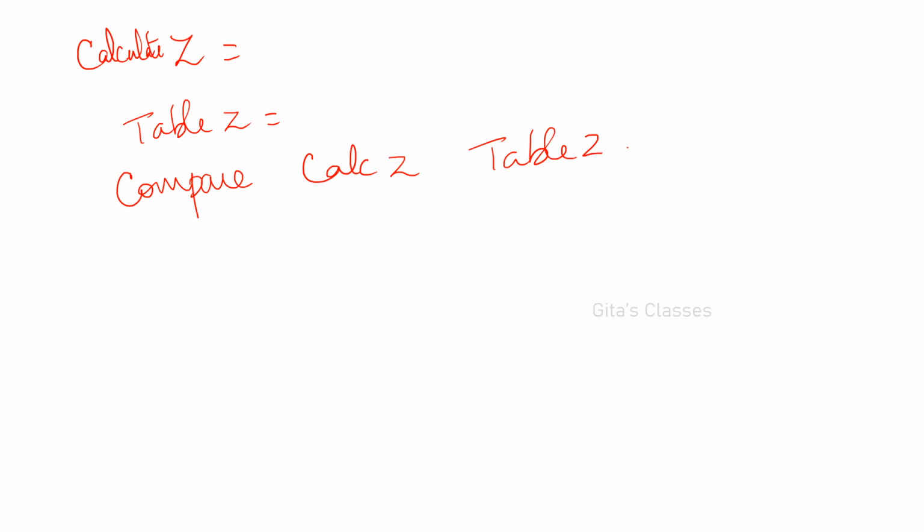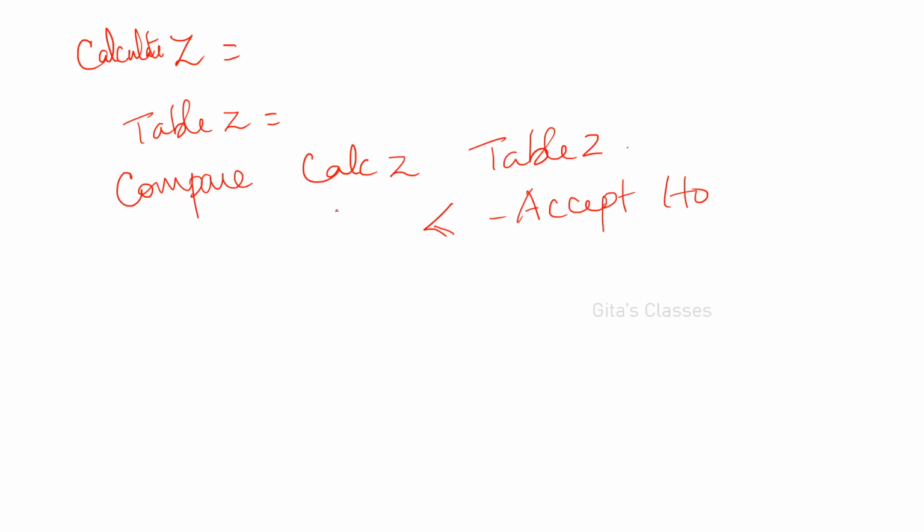But for calculation, for comparison purpose, we are considering only the absolute value, even if you take negative. Now compare the calculated value of Z with the table value of Z. If this is less than, then accept H0. Don't write the table value first and the calculated value next, everything will go wrong.